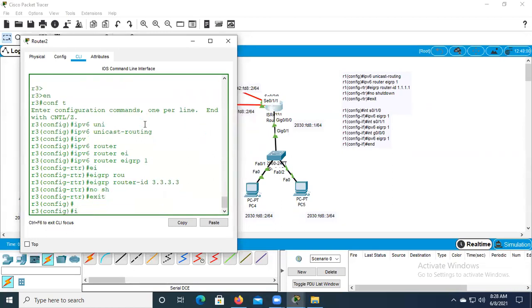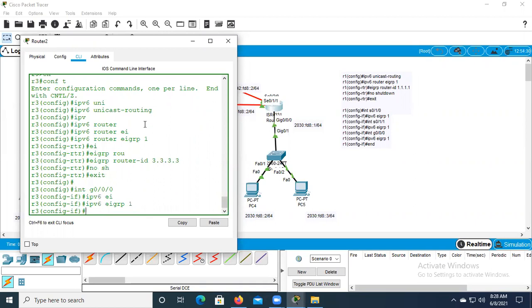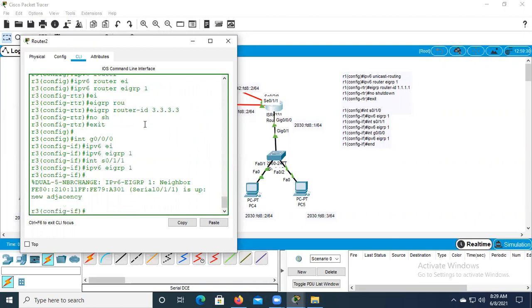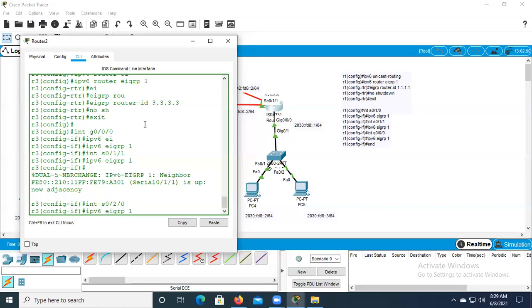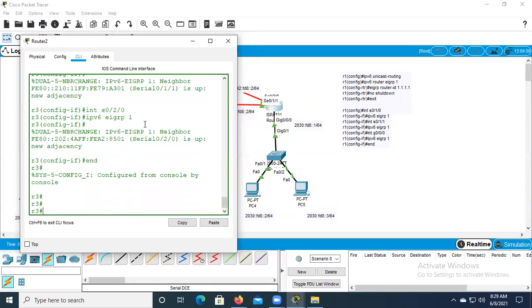Then I go back to interface mode, gigabit 0/0/0: ipv6 eigrp 1. Interface serial 0/1/1: ipv6 eigrp 1. And another serial, 0/2/0: ipv6 eigrp 1. Then end. That's it.